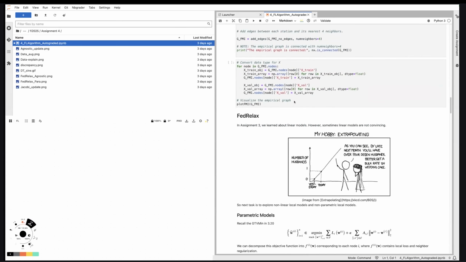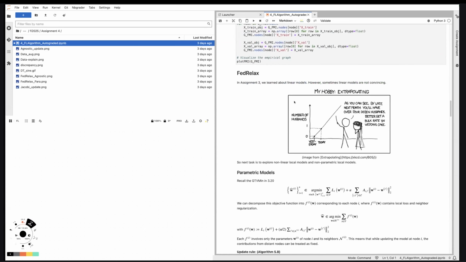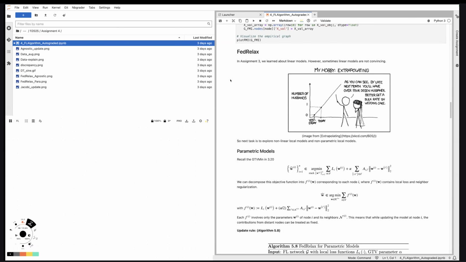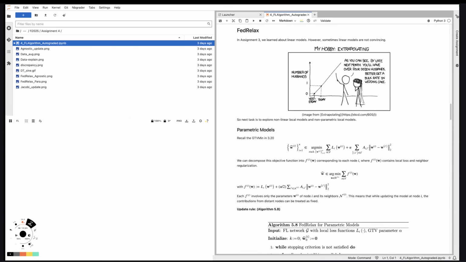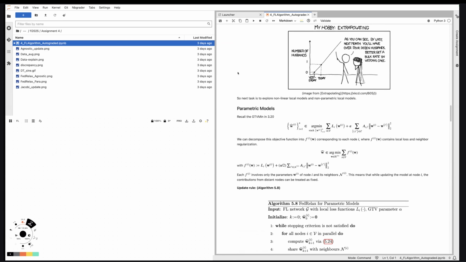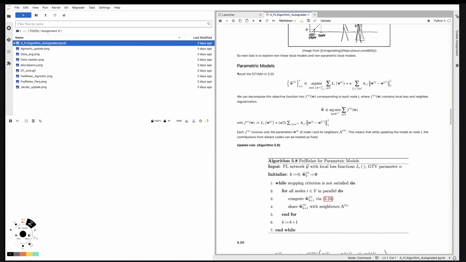So next we introduce FedRelax. In assignment 3, we learned about the linear model, but we know that sometimes the linear model is not really convincing. So we introduce FedRelax. The basic idea of FedRelax is